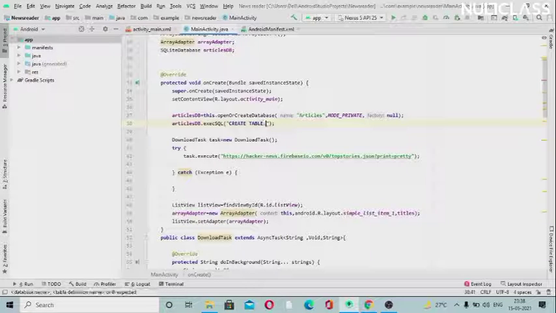We want this execSQL statement, and inside of that we will use CREATE TABLE IF NOT EXISTS. This is just the command create table if not exists. I will define the name articles, and inside of that we need to pass what columns we want. As I have said, in SQL we save the data in the form of tables, and in tables we have rows and columns. For column values, like the heading values, to create a table for a student we require its name, roll number and something. So to create the table articles we will require a few things.